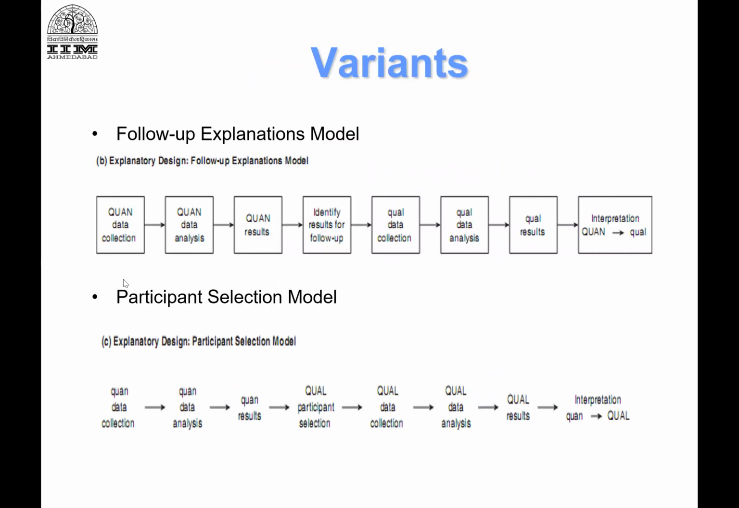So the follow-up explanations model: you do quantitative data analysis, you get to the results, then you identify results for follow-up. As I mentioned, you do data collection, analysis, results, and then the final interpretation. You can also have quantitative data as a primary part, but it is not the dominant. So you do quant data collection, quant data analysis, quant results, and then based on these results, you identify who are the participants whom you are going to interview for your actual qualitative research. So your dominant